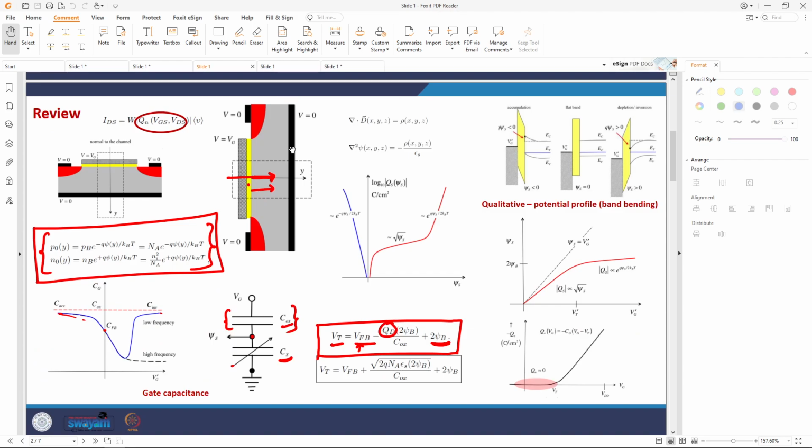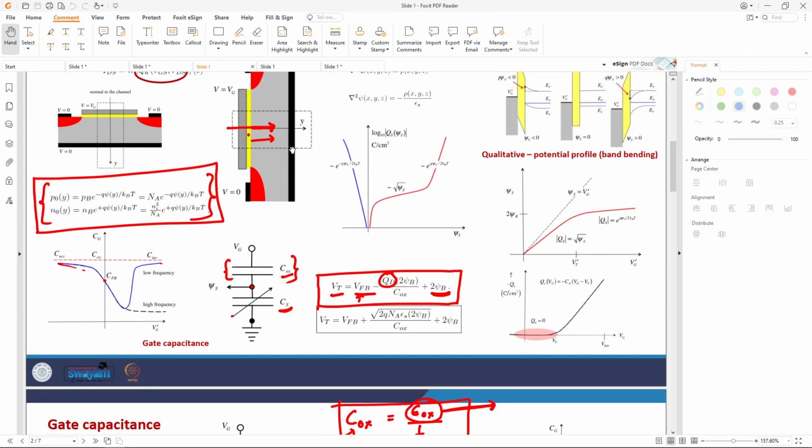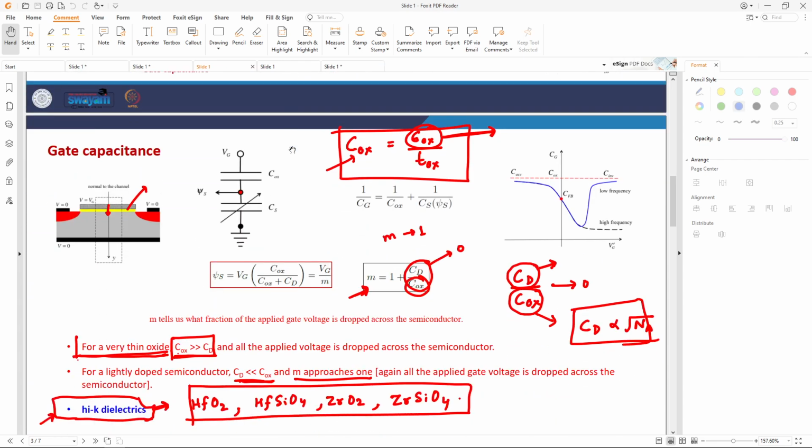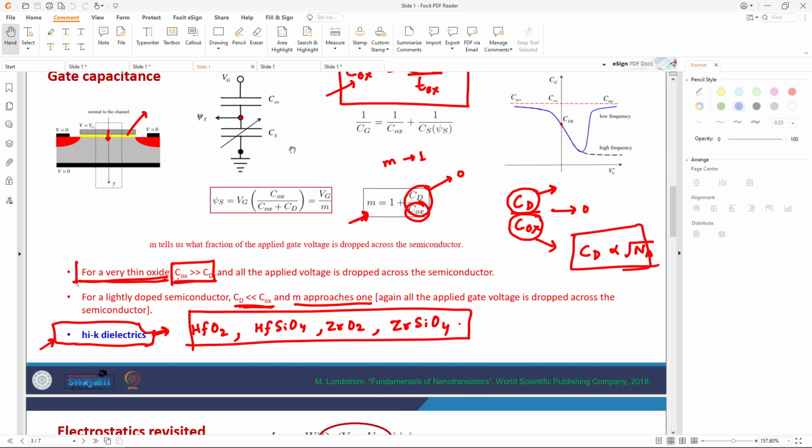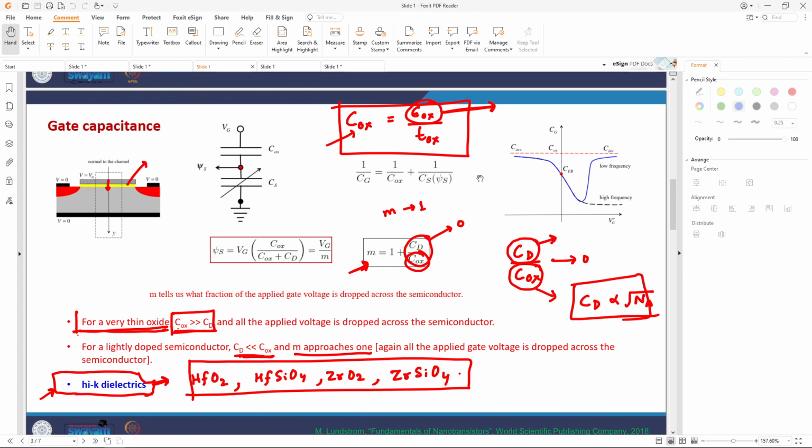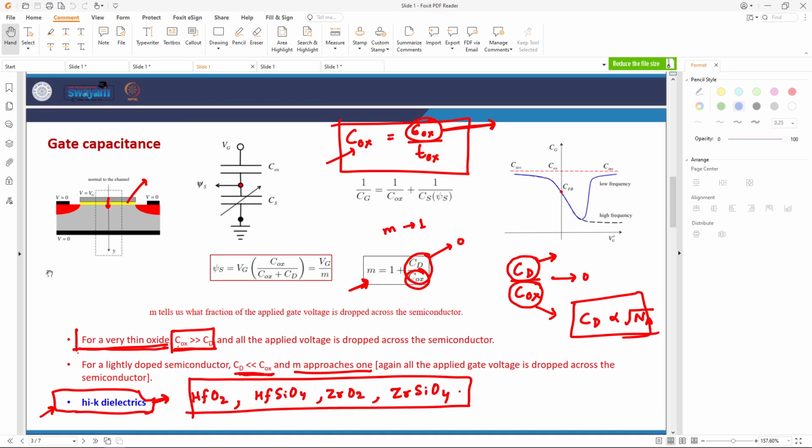Now these are further summarizations. Here the body coefficient is discussed in greater detail. First and foremost, the oxide capacitance is just a parallel plate capacitor. We know that the capacitance of a parallel plate capacitor is given by C equal to